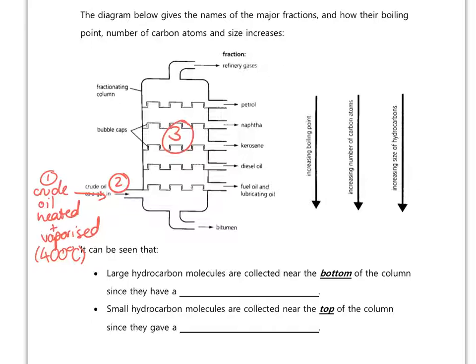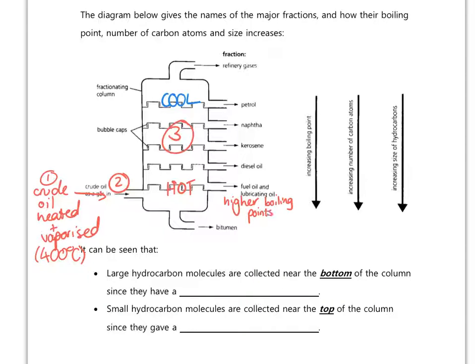That when it passes into the fractionating column, your different fractions, your simpler mixtures, are separating out based on their boiling point. So as we know, we're not actually heating it in the fractionating column, so it's actually cooling as it rises. So it's hot at the bottom and it's actually cool at the top, which seems counterintuitive, but it's the fact that it's passing in hot and we're not actually supplying any more heat to it in the fractionating column. So that means that your fractions with the higher boiling points will condense first of all, and therefore the fractions at the bottom will have the higher boiling points.